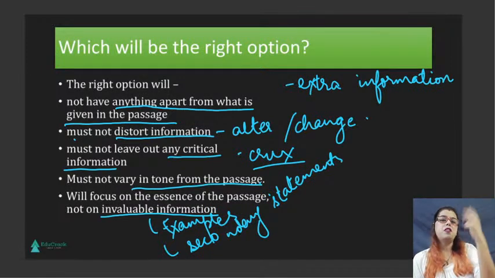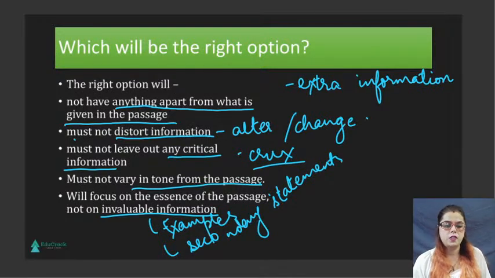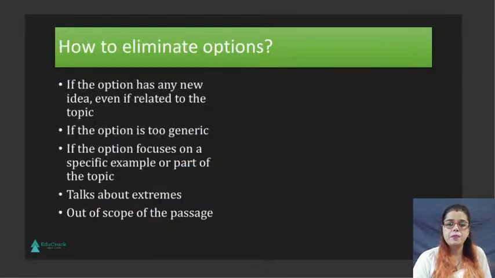Sometimes there can be an introductory sentence, or there can be a rhetorical sentence, or there can be a dialogue in the entire passage, and that may not be really relevant to the main point that the author is trying to say. We will get to know more about it when we start solving questions as in what is a secondary information or a secondary statement. Moving on ahead,